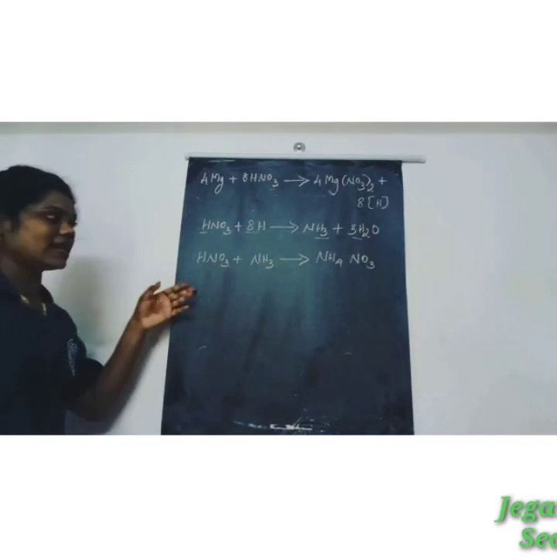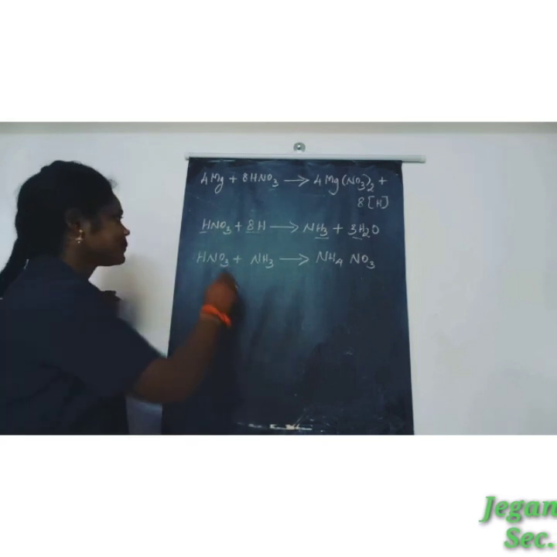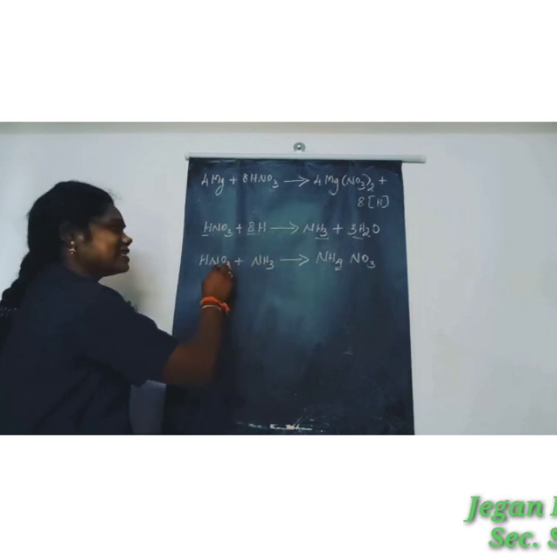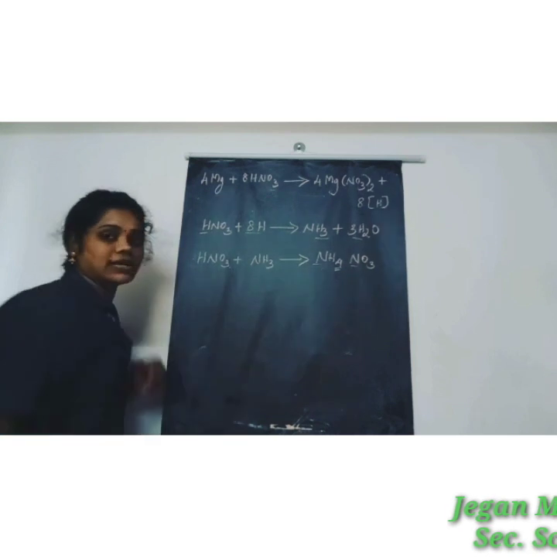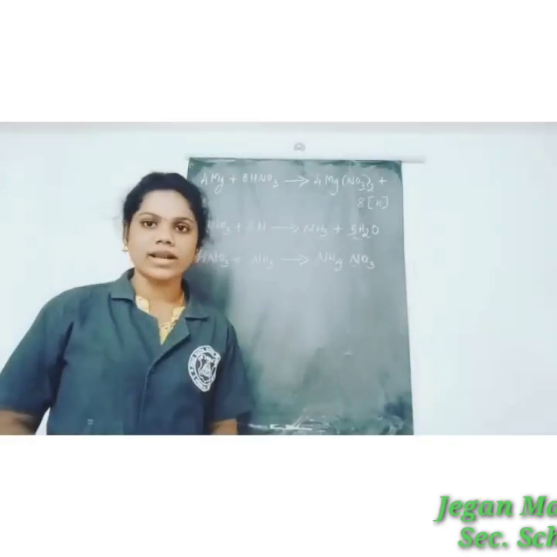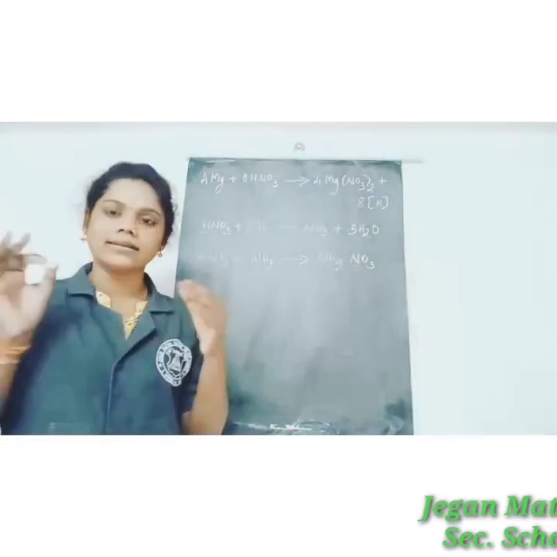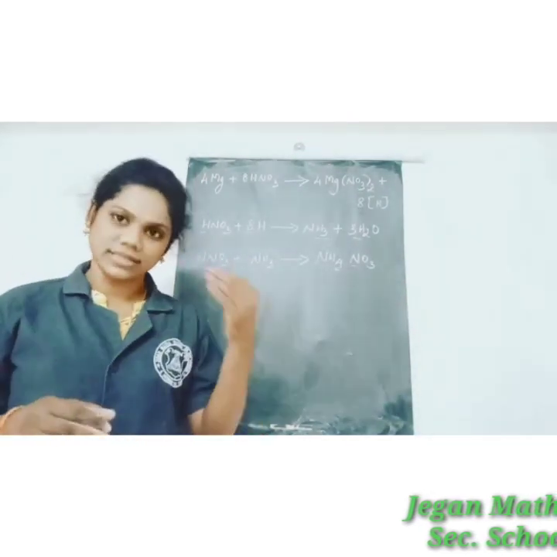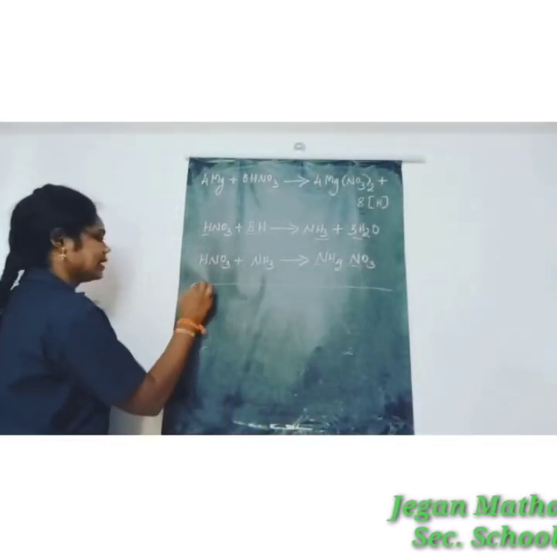And next one is nitric acid is reacted with ammonia. It gives ammonium nitrate. So here hydrogen totally 4 times. So here also 4 times. Nitrogen 2 times. So here also nitrogen 2 times. And oxygen 3 times. So here also oxygen is 3 times. So all the 3 equations are balanced. And next one is the overall reaction. Overall reaction means add these 3 equations. If the same term is present on opposite sides, cancel it. If the same term is present on the same side, add it. So here is the overall reaction.